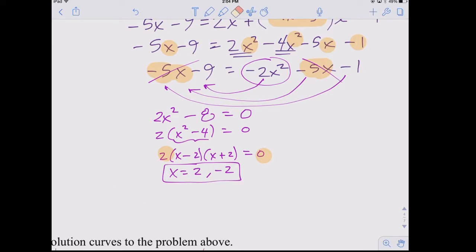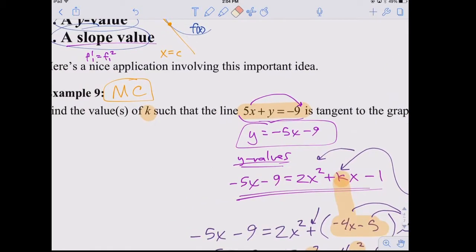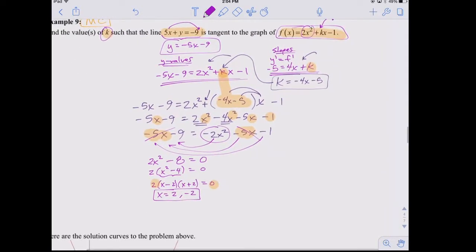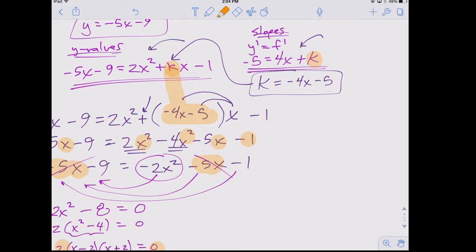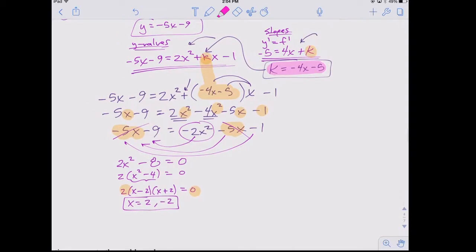Yeah, very good. So don't take the bait. Make sure you're always answering the question. We're trying to find the value of k. Now, because I have 2 values of x, here's the nice thing about substitution. That thing that you substituted in right there, it's already ready to go solve for the value that you need